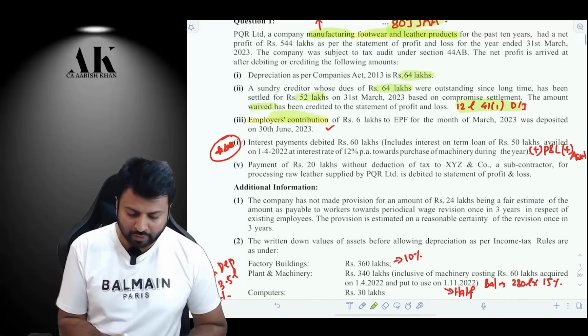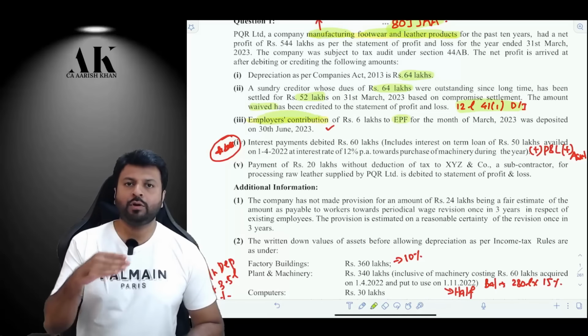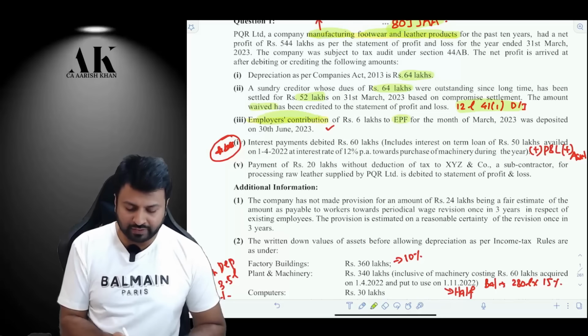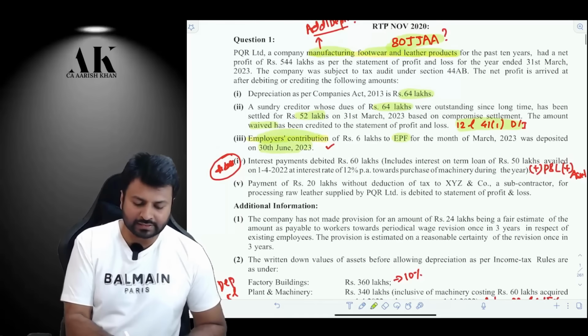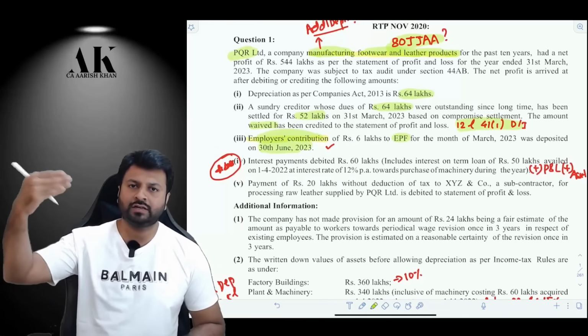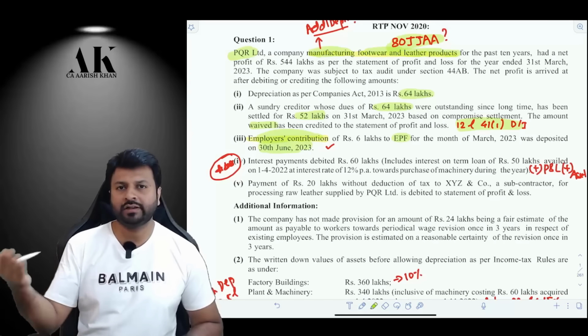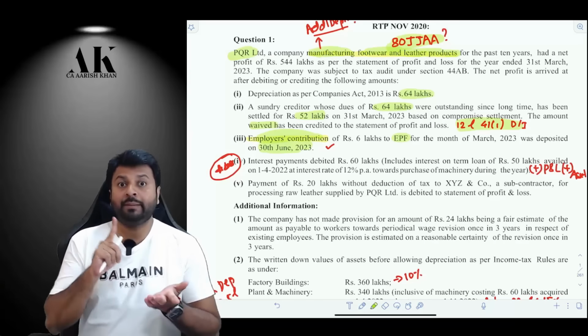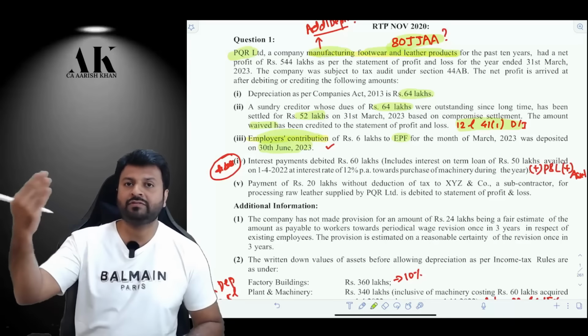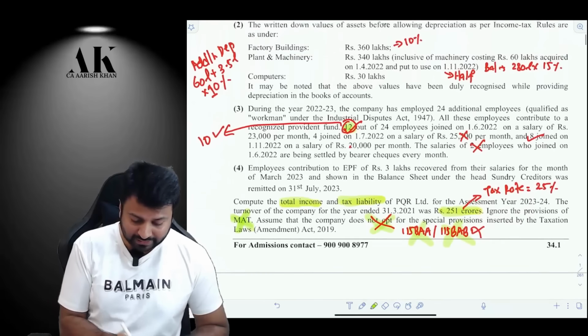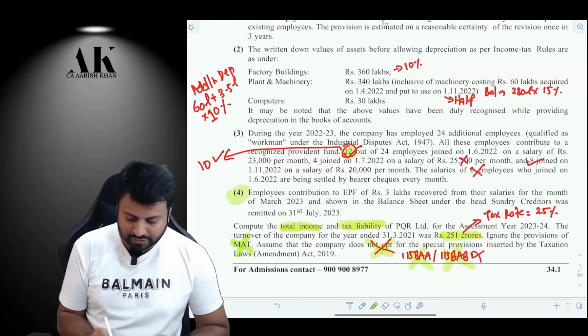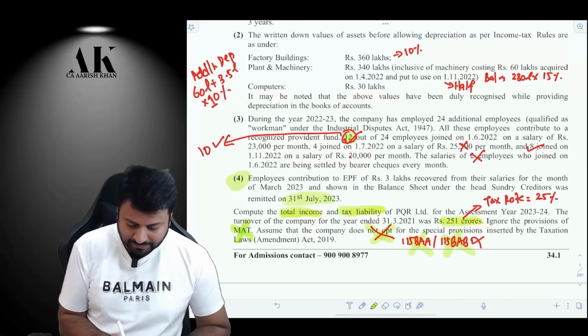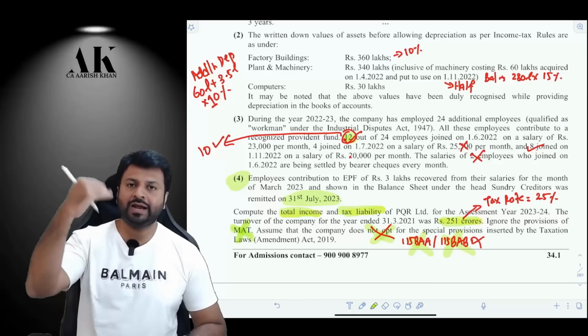Next one is employer contribution to employees provident fund. Employer contribution, you can make the payment till the due date of filing of return. This is a company, therefore for a company the due date of filing of return is 31st October. So if it is making the payment on 30th June, it is well and fine, it is allowed as a deduction. But employees contribution has to be made as a payment by 15th of the following month. That is given in the last adjustment. In that case, the employees contribution is made as a payment on 31st July. That will not be allowed. That will be added back to the income.